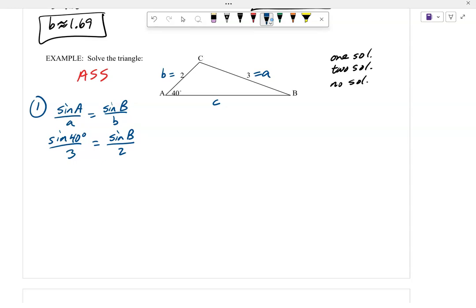And so here, if I go ahead and cross multiply, I get 2 sine 40 degrees equals 3 sine of B. So if I divide both sides by 3, I get the sine of B equals 2 sine of 40 degrees over 3, right? So if you punch in 2 sine of 40 degrees over 3,